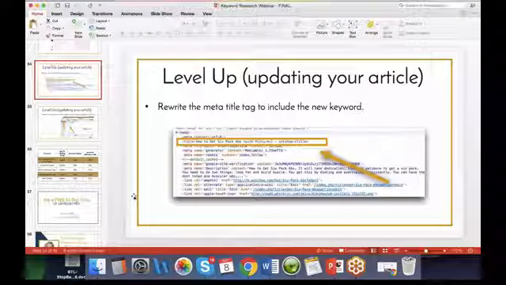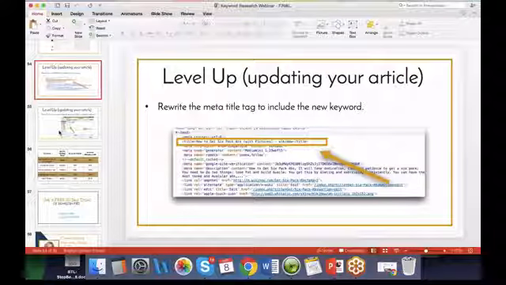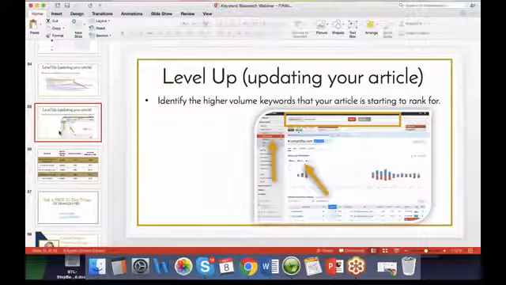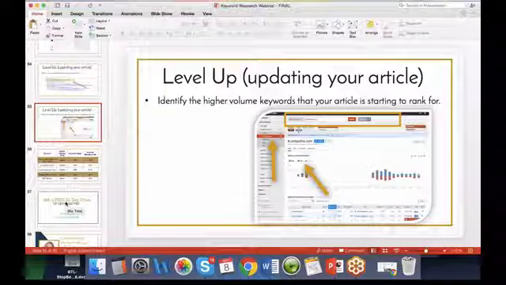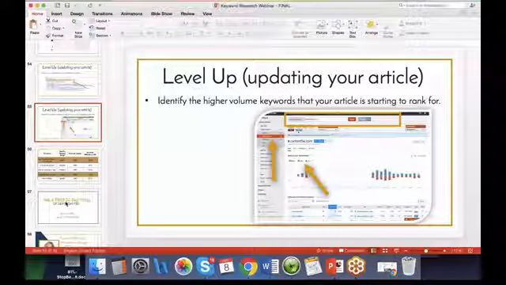So what you do is you take that keyword that you saw in the position change report and you put it in that meta title. And as soon as you do that, what you're going to start to discover is that keyword starts to rank in the SERPs because you're piggybacking off the quote-unquote existing trust that Google gave that article in your domain, and you start ranking for the other keywords. And then guess what? You rank for that second keyword, you start updating it with the third keyword.